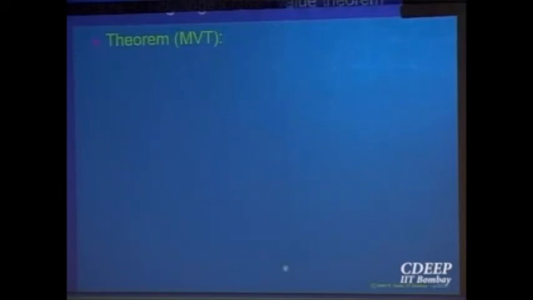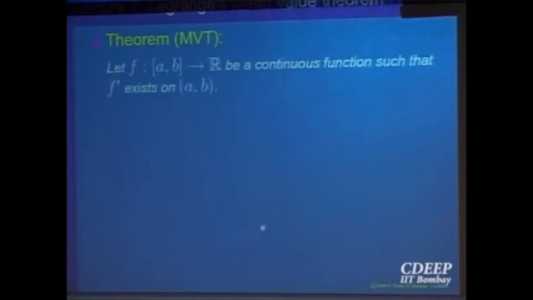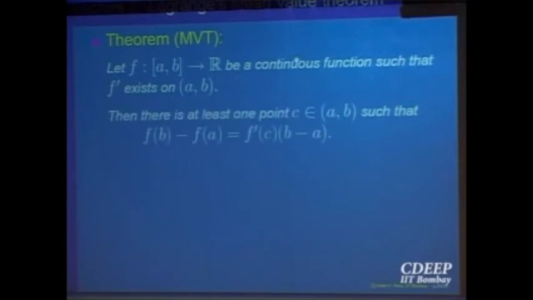There is another form of Rolle's theorem, which is called Lagrange's mean value theorem. It is basically the same as Rolle's theorem, but you have to view it from a slightly different angle. So let me first say what the theorem is. Suppose you are given, the conditions are the same, f is a function given on the closed bounded interval AB. The derivative exists in the open interval, and it is continuous there. The condition that f of A equals f of B is dropped. Then the conclusion is that there is a point C.